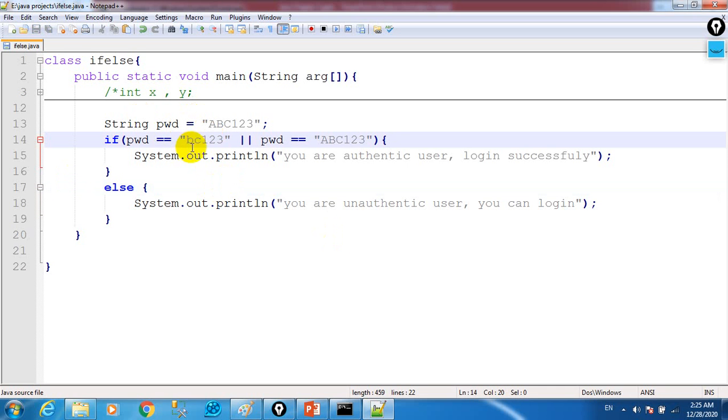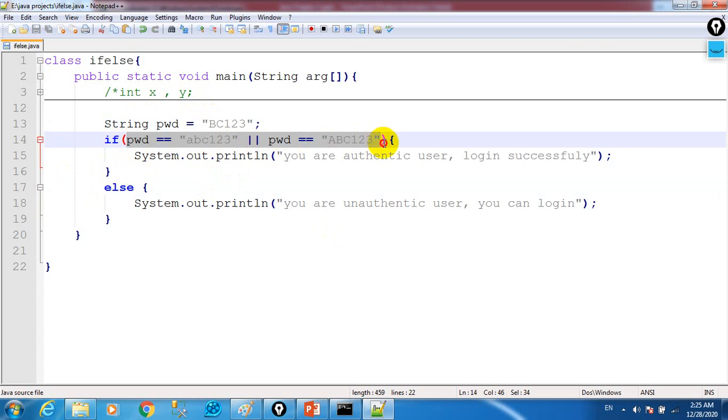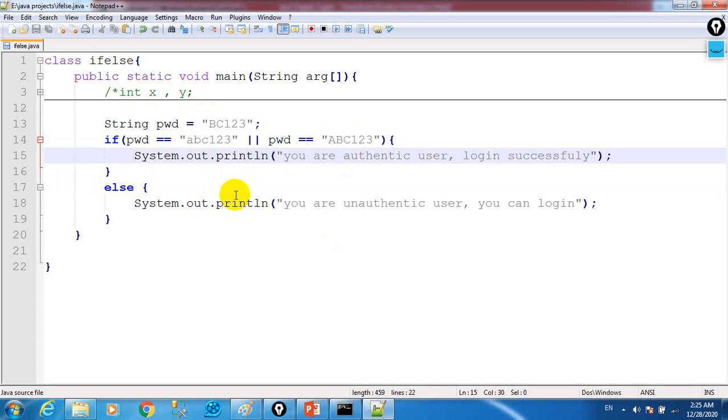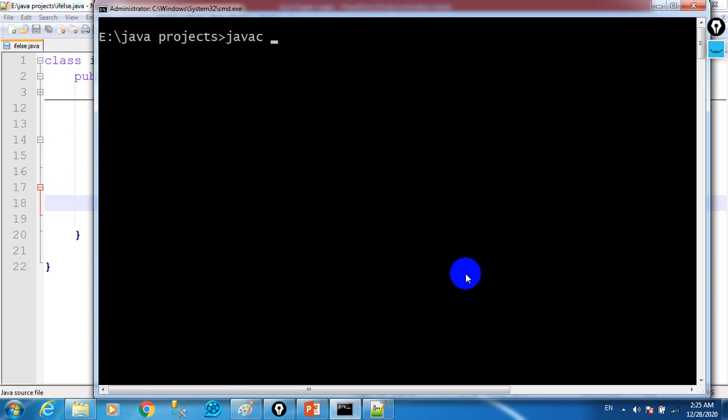Sorry, control plus z. Here, for example, if we get one wrong, this condition is not true, both are false. If both are false, it means the complete statement is false, so this will not execute, this will execute. Save this, let me check this: javac if